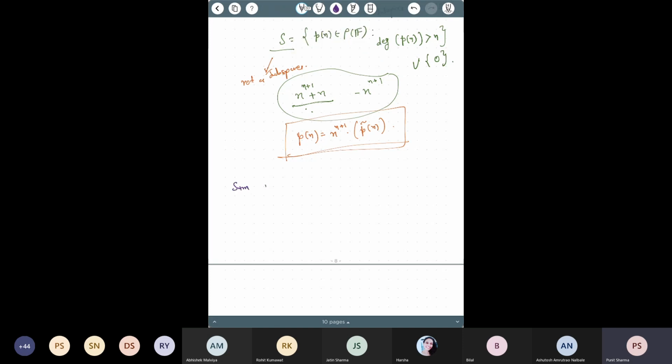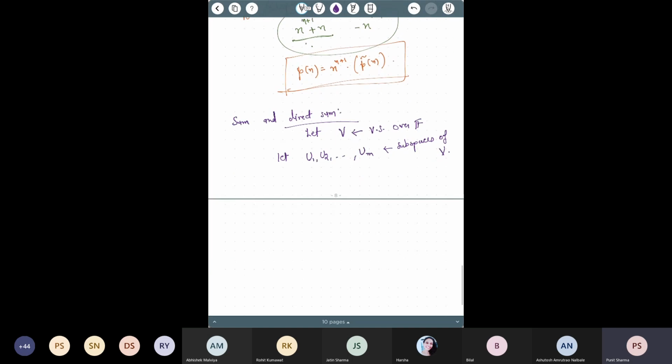Let me define sum and direct sum. Suppose that we have a vector space V over F, and let U1, U2, up to UM be M subspaces of V. So these are subspaces. We have a vector space and we have subspaces of V. Then